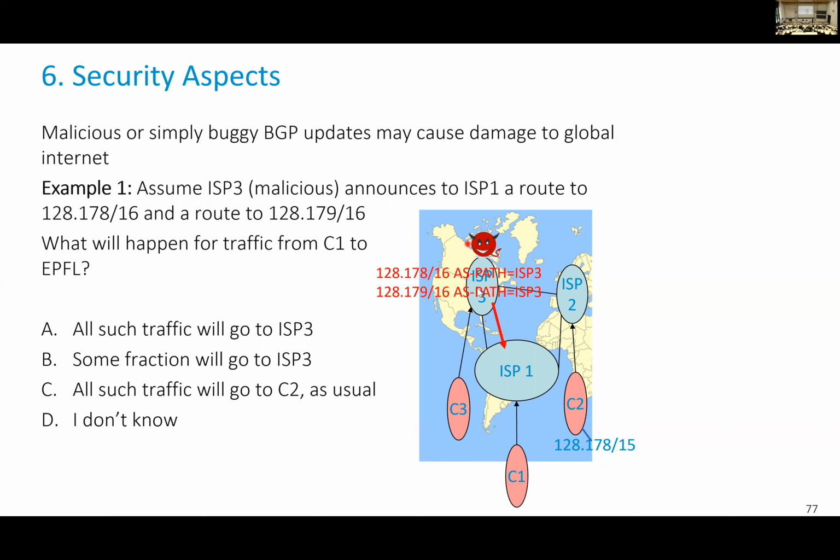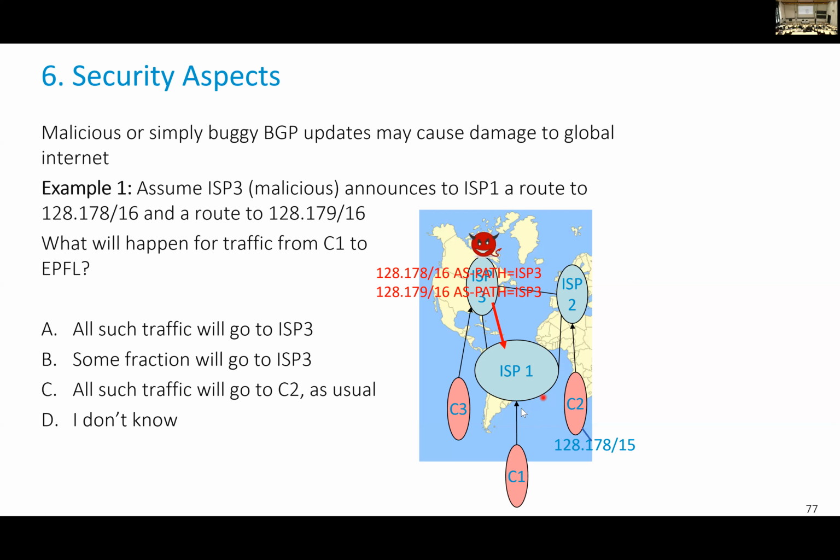Assume this internet service provider is malicious. It could be truly malicious, although there is no really malicious internet service provider in the sense that an organization created by organized crime, by mafia, to be an internet service provider, that does not exist. But there are countries that are malicious with other countries. So this could happen here. So assume ISP3